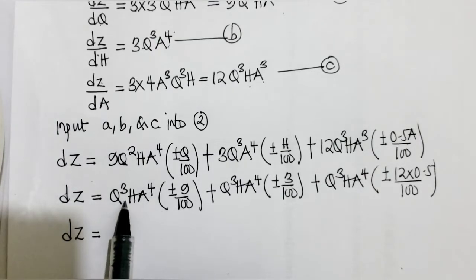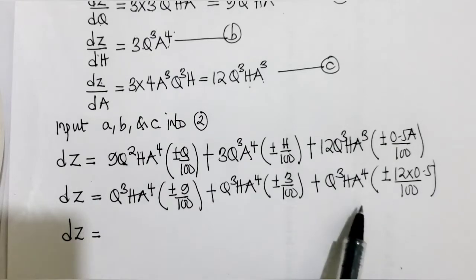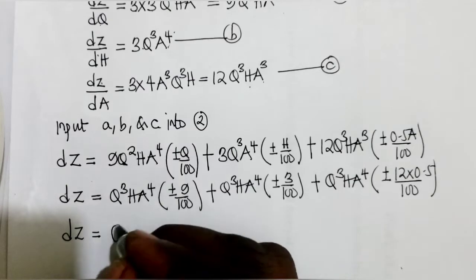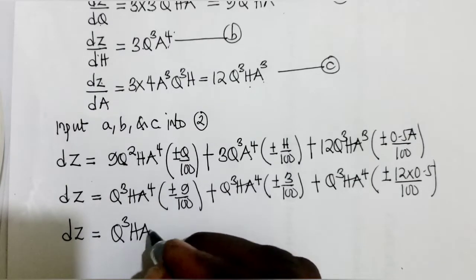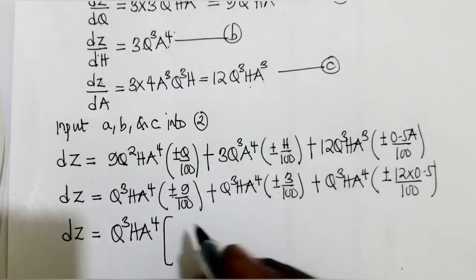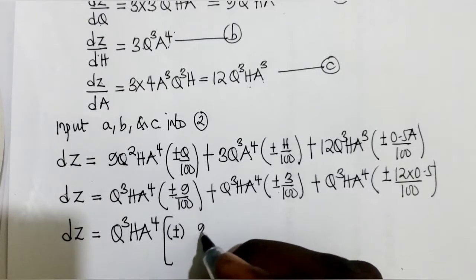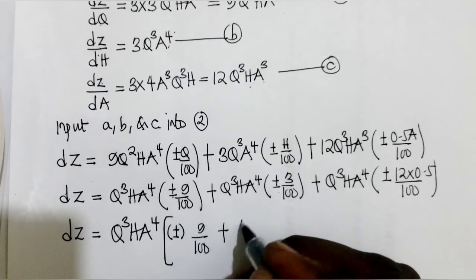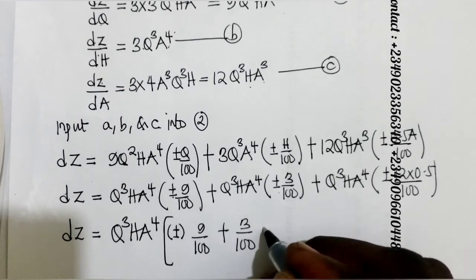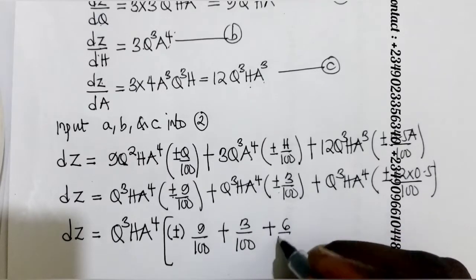Now when you take a look, you can see that we factorize. q³ h a⁴ is common in both. So I can bring out the common factor out. So you factorize, and that's going to be q³ h a⁴ into bracket, similarly plus or minus. You can just say plus and minus one side. Then I'm going to be left with 9 all over 100 plus 3 all over 100. Then plus 12 times 0.5. That's going to give us 6 all over